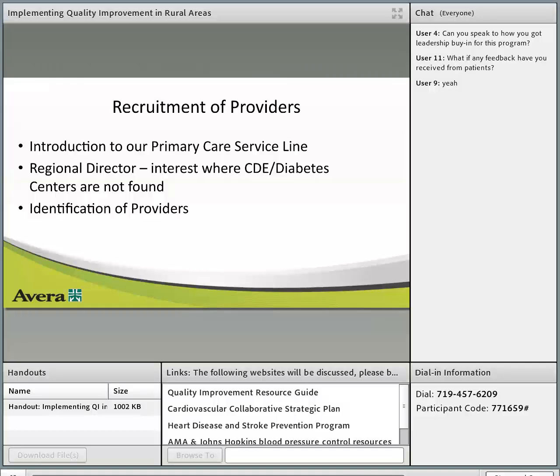We looked at educational components. We looked at where the interest laid. We looked at what diabetes centers had to offer and how our hotspots were. We looked at the amount of individuals who had diabetes in certain areas, and we focused on those. Next thing that we did was we really looked at the identification of providers. When we had gone out to see the initial providers, there were a number of them that were very interested in providing diabetes education for their clients, but were unable to put anything specifically together.